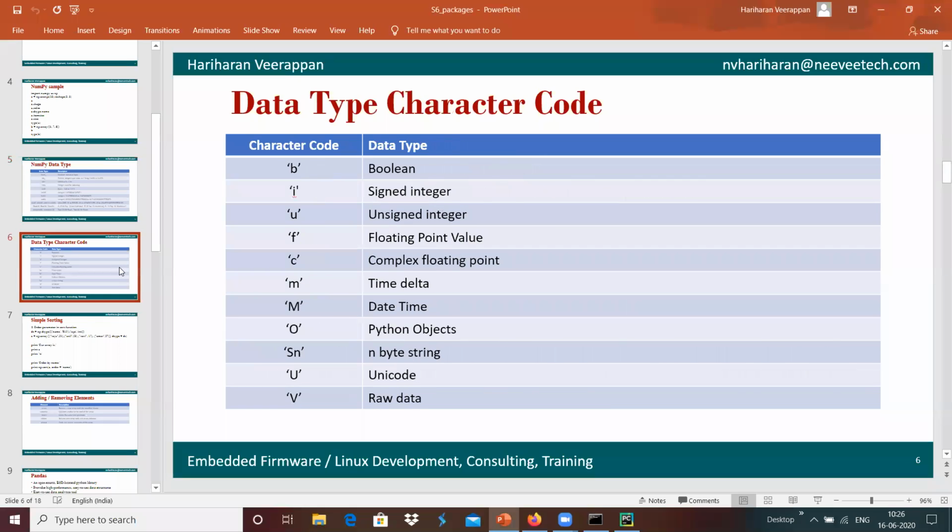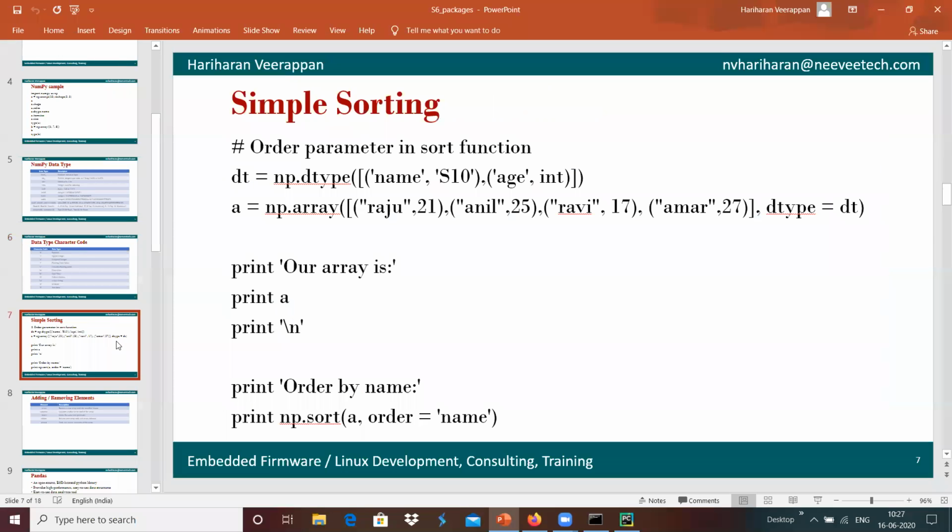The character code B is for boolean, I is for signed integer, U is for unsigned integer, F is for floating point, C is complex, small m is for timedelta, and capital M can be used for datetime. Similarly, O is used for Python object, S and capital N denote a byte string, U is Unicode, and V is raw data.